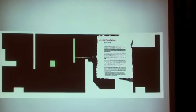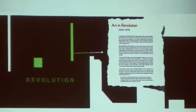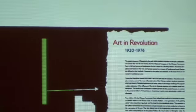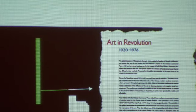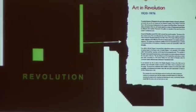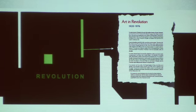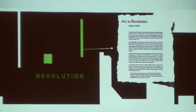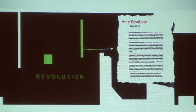And so now we're actually leaving High Times and entering into the third chronological theme, I guess. We call it revolution. And as you can see, we date this section beginning in 1920 through the Cultural Revolution. And so the first thing that comes to mind when I say art of the revolution, you think, oh, Cultural Revolution. But we've decided thematically to place images that are rooted in revolutionary aims, not to be placed in this section. And basically, by the 1920s and 1930s, at the High Times, one could say that there's a global character to Shanghai society, not only in the different nationalities that are living there